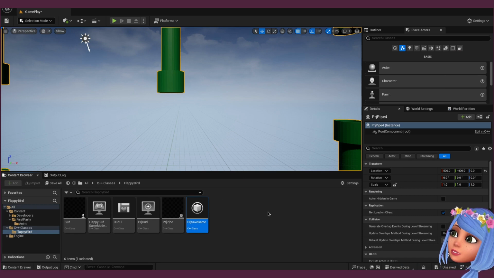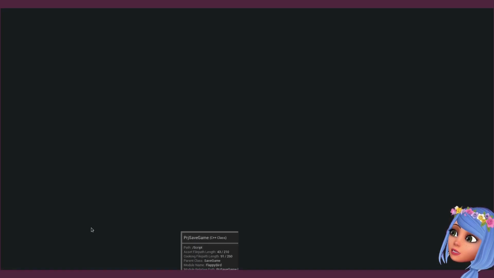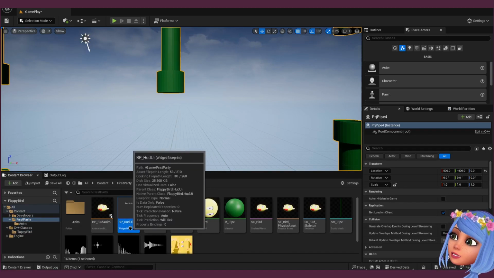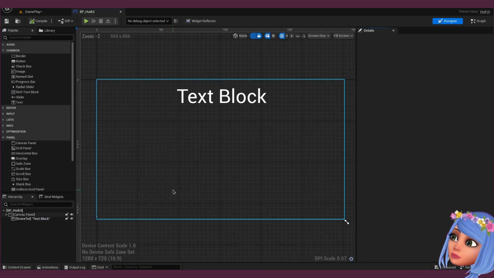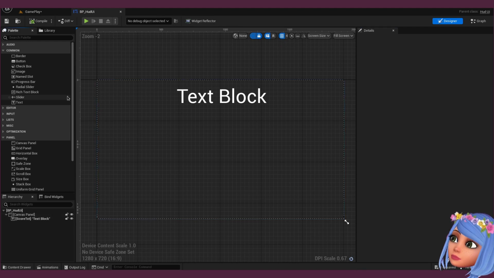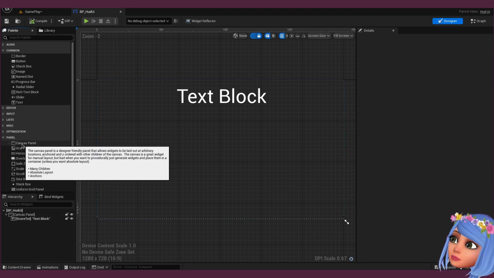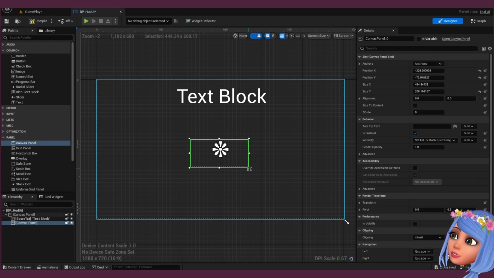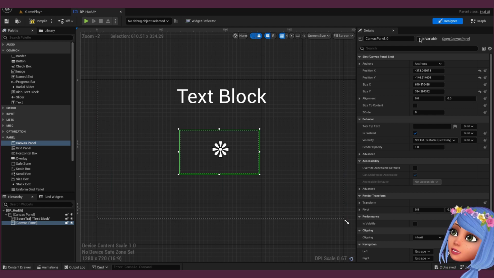Okay, now I'm going to update UI. I misclicked. So this UI, and I guess I add extra canvas panel, right? So let's call this one end screen or end panel maybe.